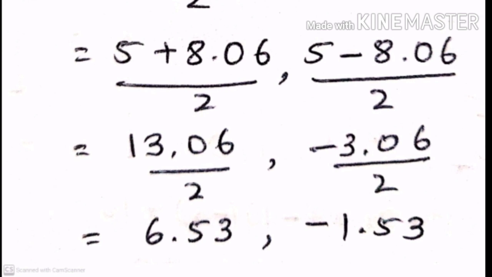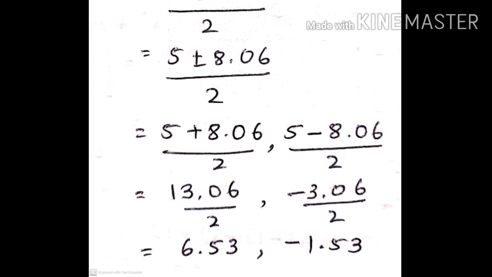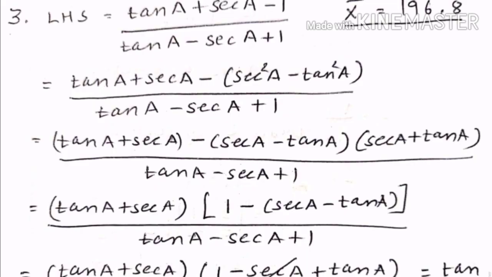Now question number 7, third part, that is of trigonometry. On the left hand side whatever you are given you have to show as it is on the right hand side by showing LHS is equal to RHS. So now starting with LHS, whatever is given in the left hand side I have written. Then what I did, I placed the value of 1, because otherwise if you solve it by converting in sine and cos it will not get the answer. So here I have to put either in the numerator or in the denominator the value of 1 in the form of sec and tan. So that is our formula, that sec square minus tan square is 1. So I put it in the numerator.